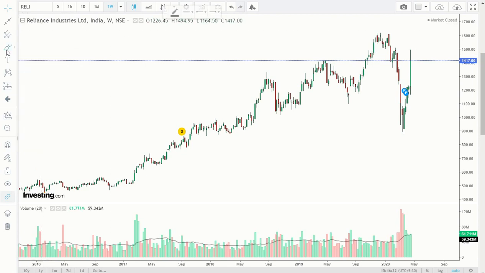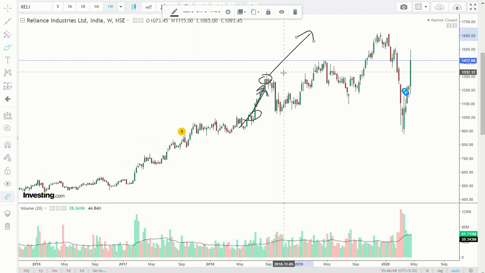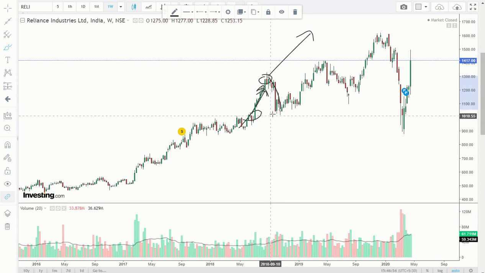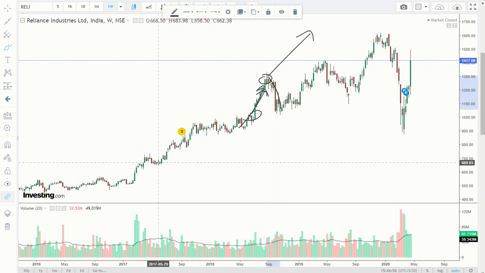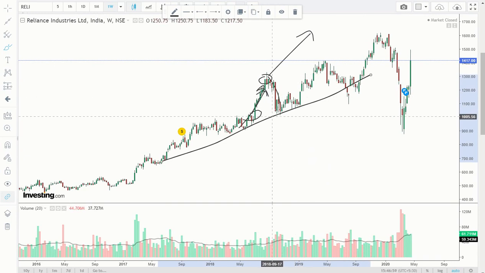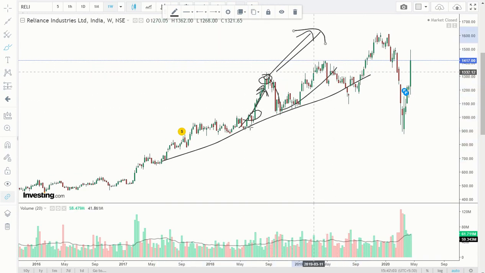Now, because of that, the prices will automatically move higher. So suppose here they get to know and they start buying into Reliance Industries, something positive is coming, and prices go here. Now the coronavirus vaccine comes. We think prices will shoot up like this, but what happens? Prices go down. Now we are confused what to do. And then prices will take support at technical parameters and will start going down. So your original thought that prices will go up from here to here is right, but then it gives you this huge variation.